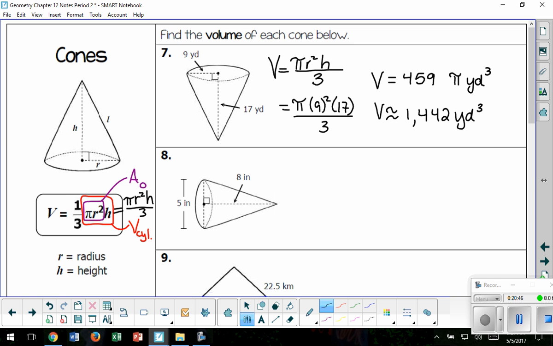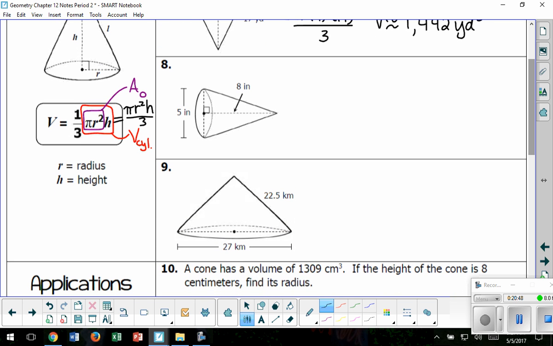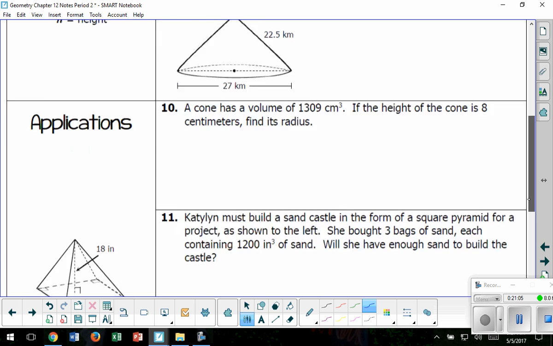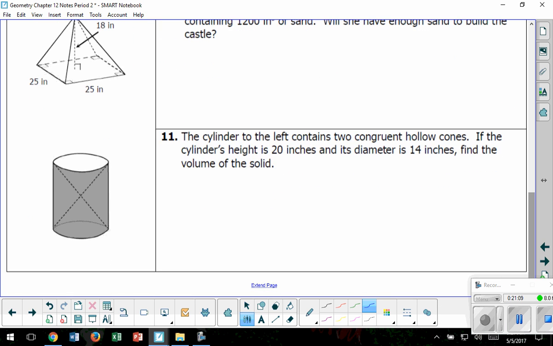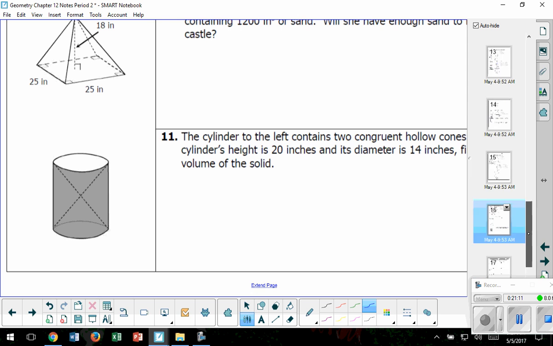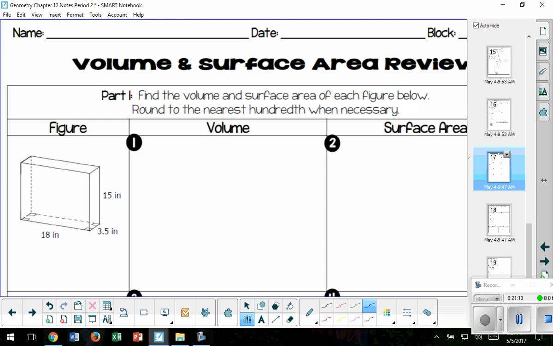Aaron? Question? Ready? 8, what do we need? The radius. And we have? And so the radius is? Good job. Awesome. Okay. We appreciate